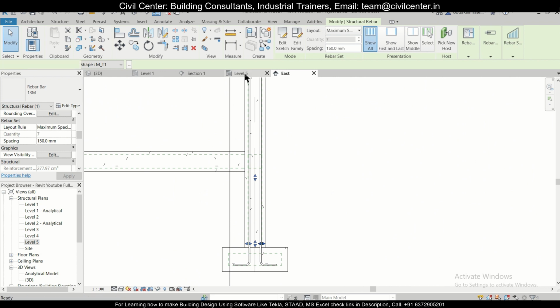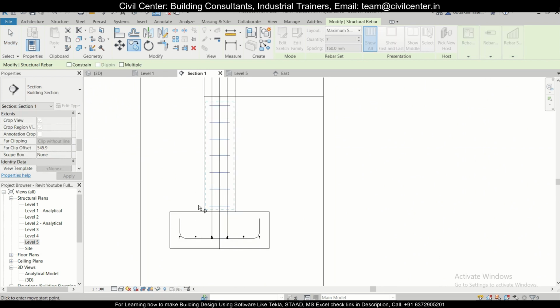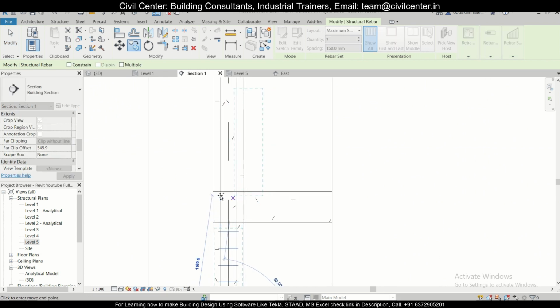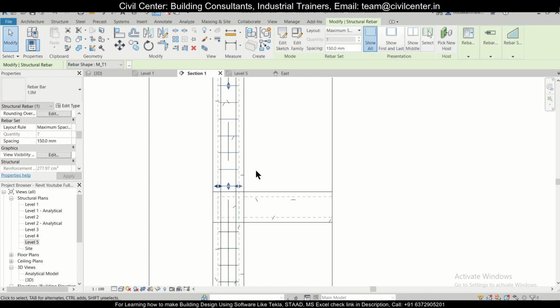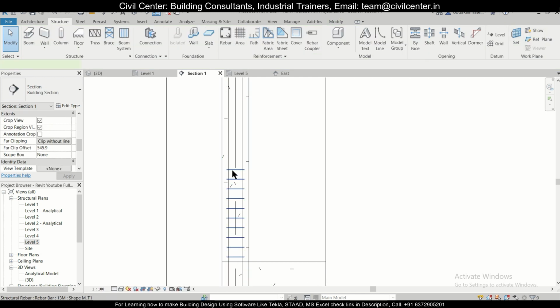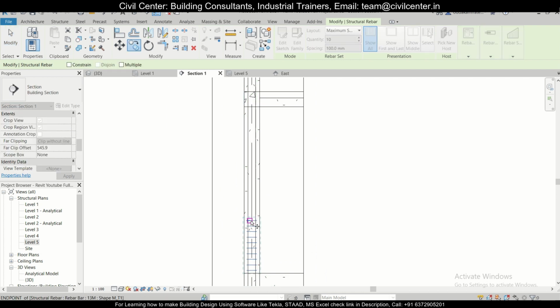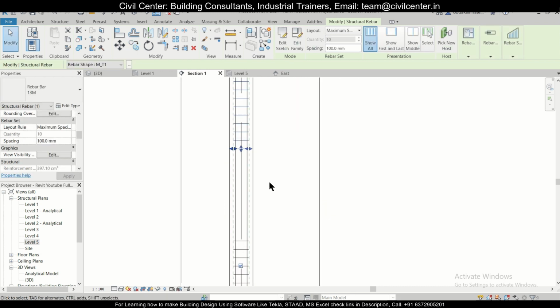For the next level, we're going to the sections once again. Next level, what we'll do is copy these 3 bars and reference point from here. We don't have any particular ties between the junction of the column and beams, so we don't give it any here. So here we want a spacing of 100 mm center to center, because this is near the intersection of your beams and columns. 100 mm, and after that we want 100 mm in the top portion as well. So usually at side this particular thing is divided into 1 by 3, 1 by 3, like this. It's roughly divided.